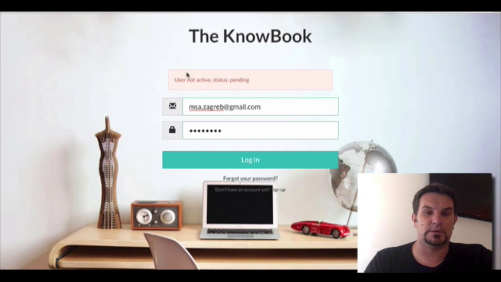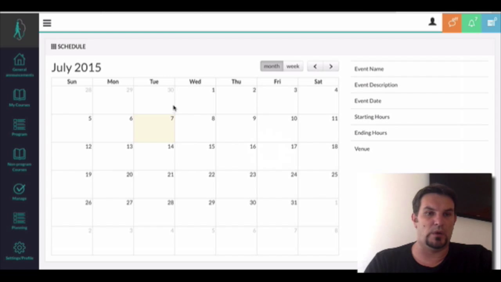You will get a sign that means you have to be approved by our administrator. So how it looks when you are approved is like this. You will get a similar dashboard with your schedule, and here you will have your calendar.